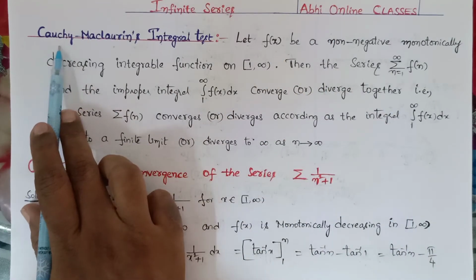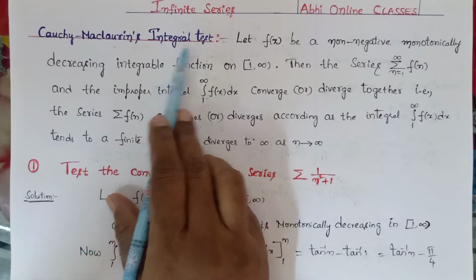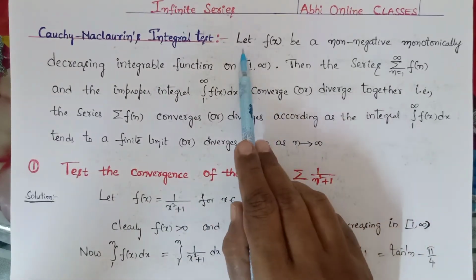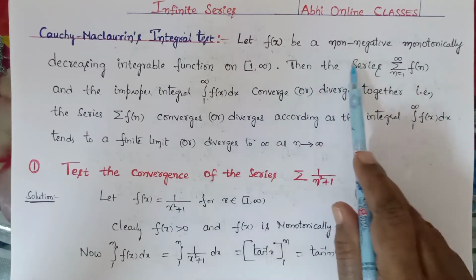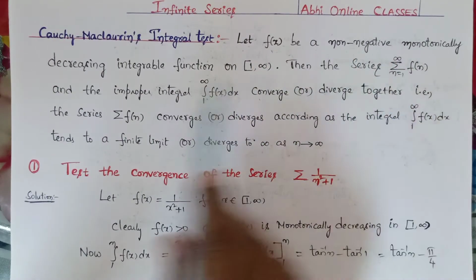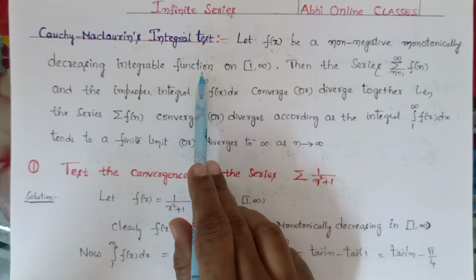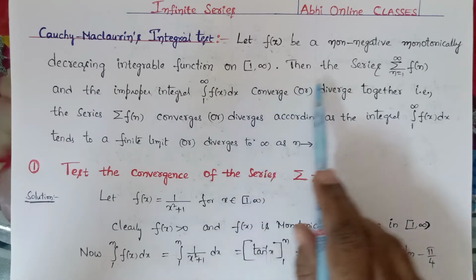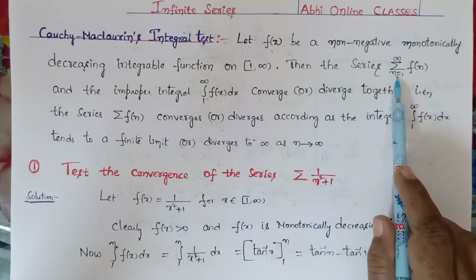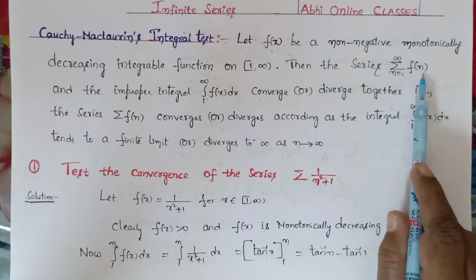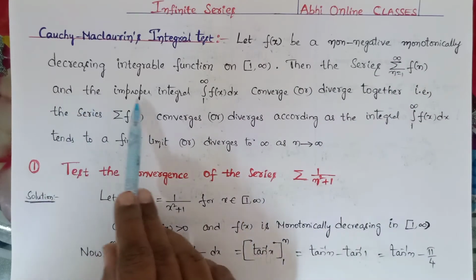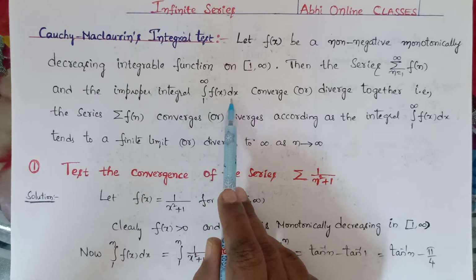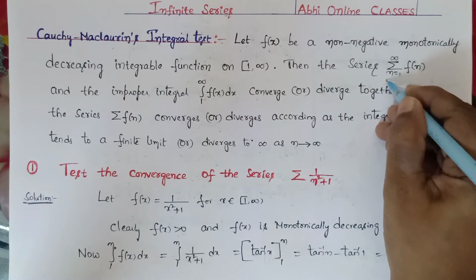Today we shall discuss Cauchy-Maclaurin's integral test in infinite series. Let f of x be a non-negative monotonically decreasing integrable function on the interval [1, infinity). Then the series sigma n equal to 1 to infinity f of n and the improper integral from 1 to infinity f of x dx, they both